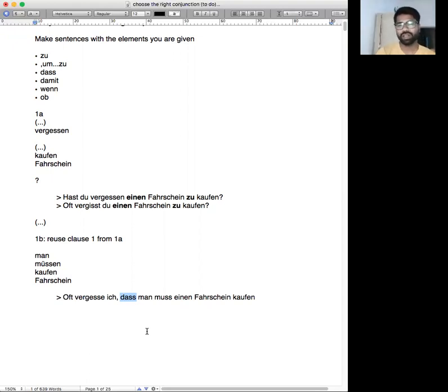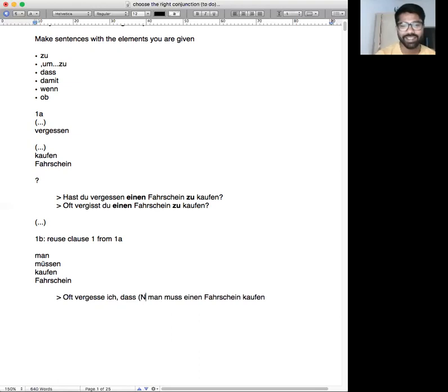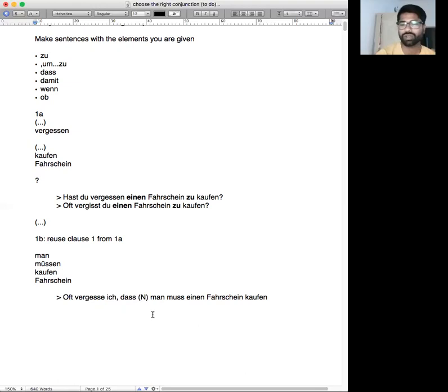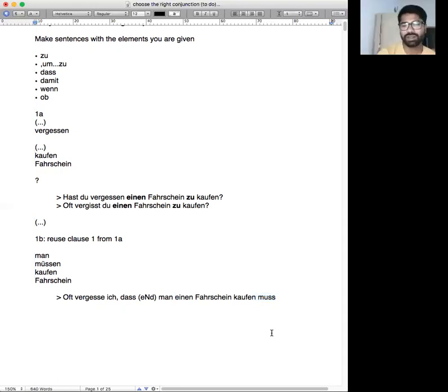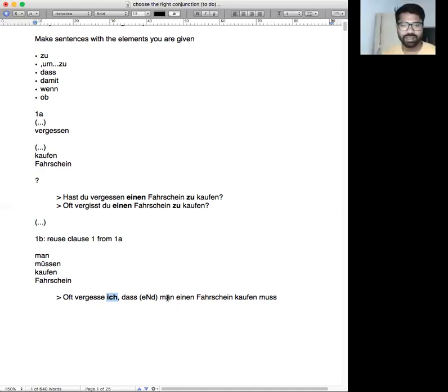So when the verbs go in the end, even the modals, yeah, it's a type N. Why is it called N? Because muss should go in the end. Because it sends things to the end. Muss goes to the end. So read the sentence. Man kaufen muss, yes. This is the subject of the first clause. What's the subject of the second clause? Man.